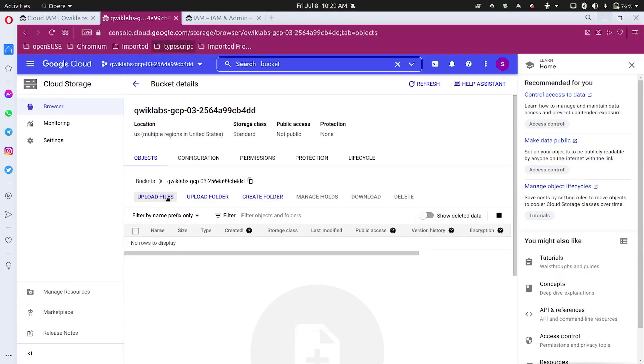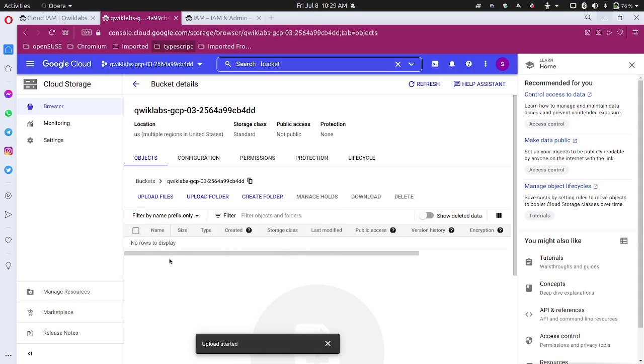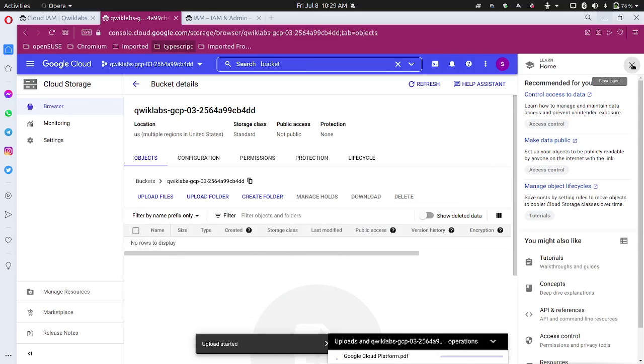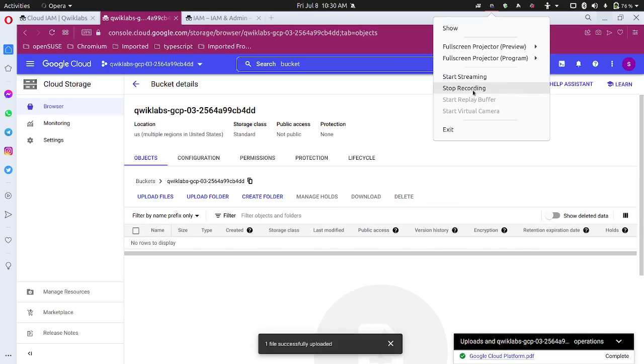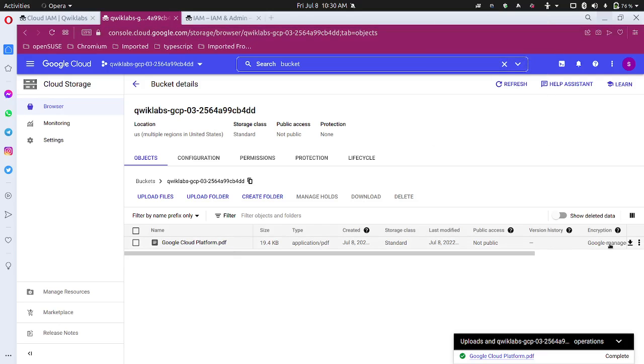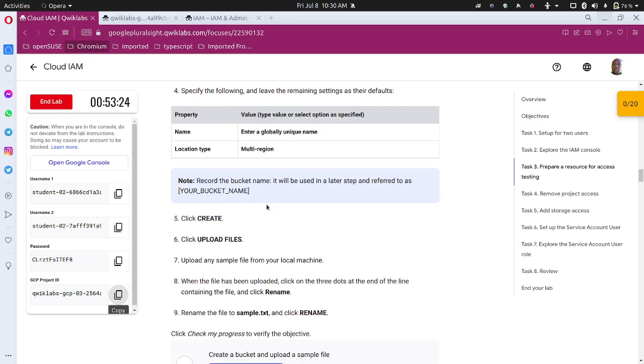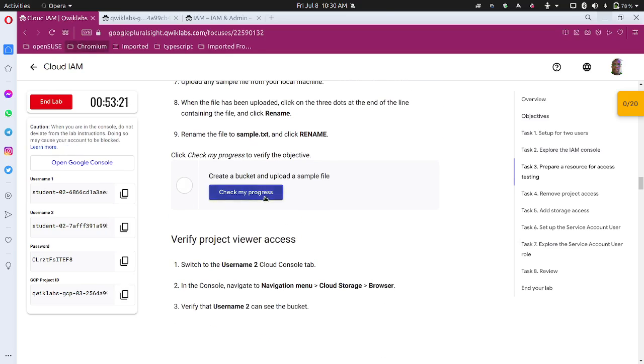So let me upload a file from my folder. Let me see if I can pick any old one. Okay, let me pick this one. Okay, give it a few seconds. Okay, so we click here and select rename. We're supposed to rename it to this. It's important you do so using the instructions because the grading system will check you based on the required names